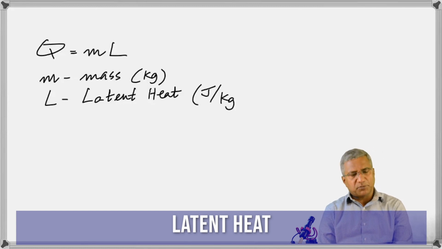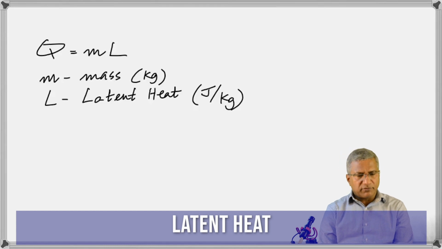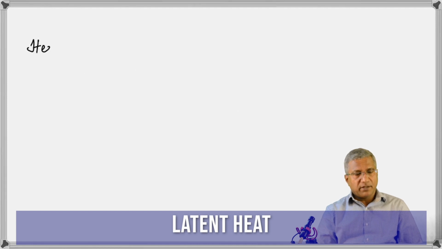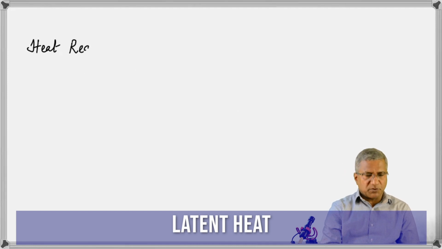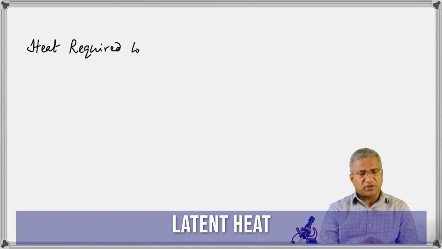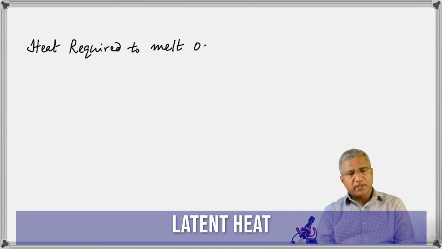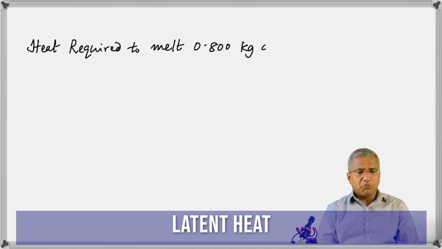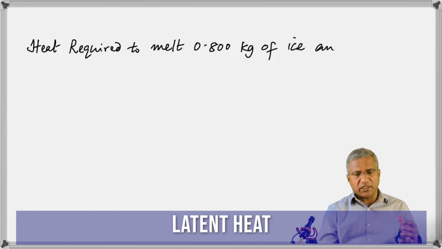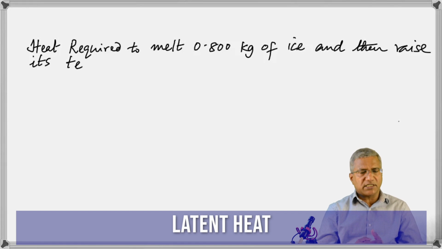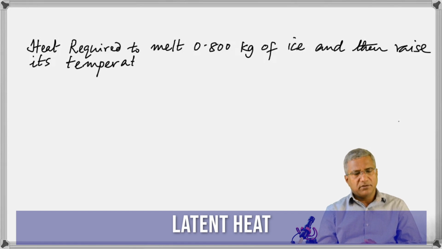So why don't we do another problem just to show you how to multiply two numbers? Okay, no. Remember, mass should be in kilograms. So let's move this fast. What is the heat required? No, that's not fast. Heat required to melt 0.800 kilogram, it's already given in kilograms, of ice